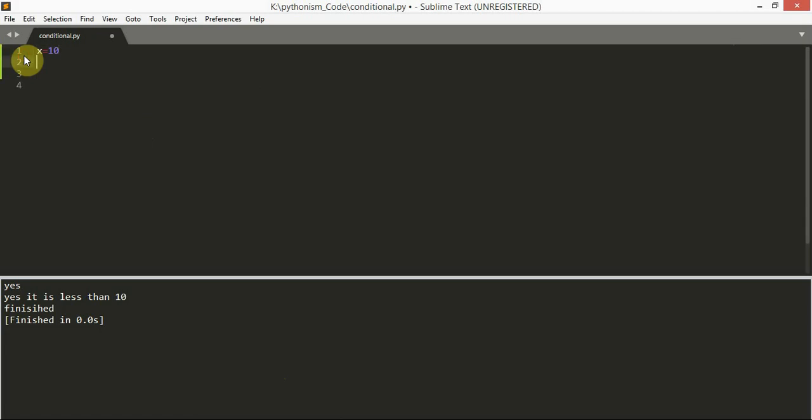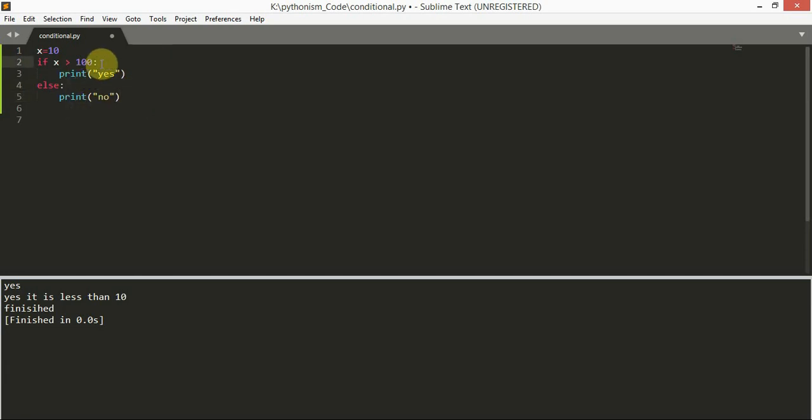So I'm assigning a value 10 to variable x, and then I'm checking whether it is greater than 100 or not. If it is greater than 100, it prints yes, else print no. So this is how if else statements work.